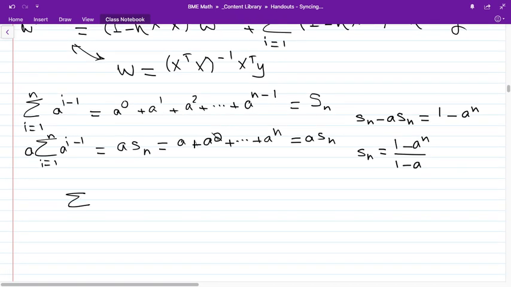So the sum from i equals 1 to n of a to the i minus 1 is equal to 1 minus a to the n divided by 1 minus a. So as